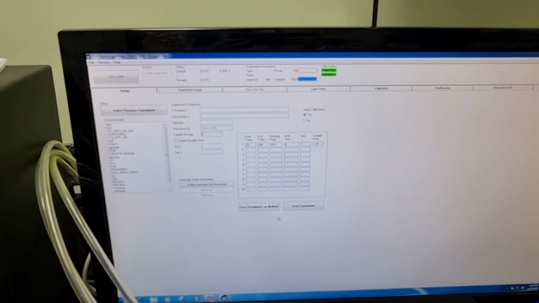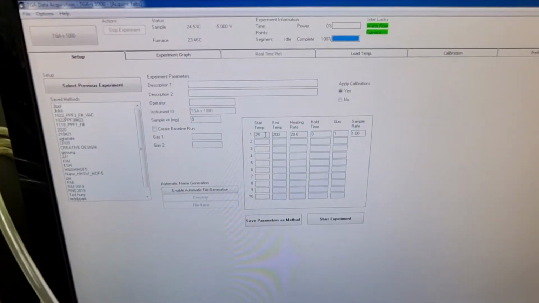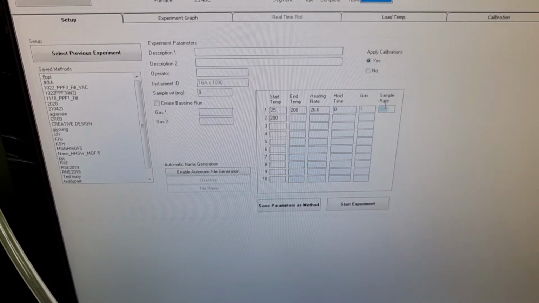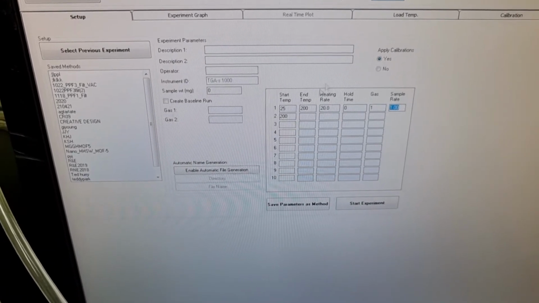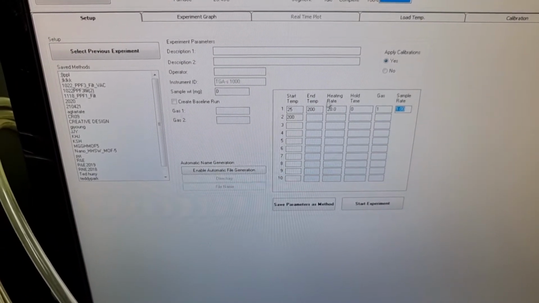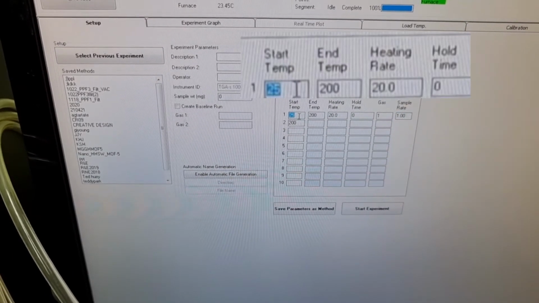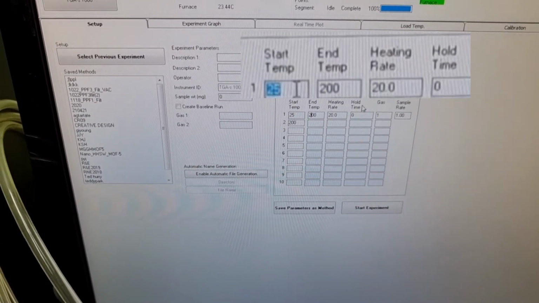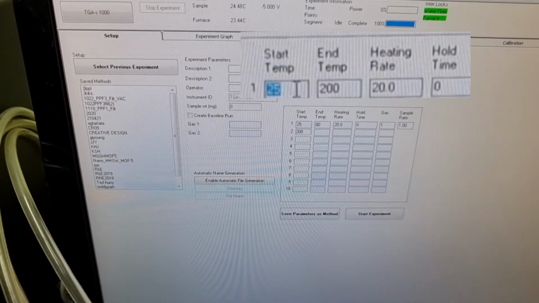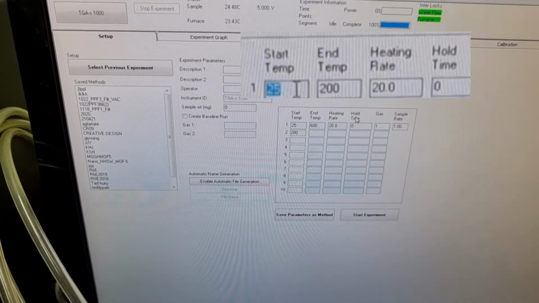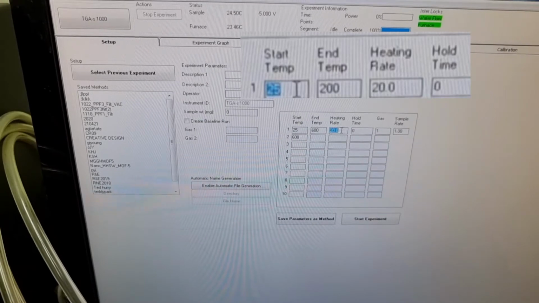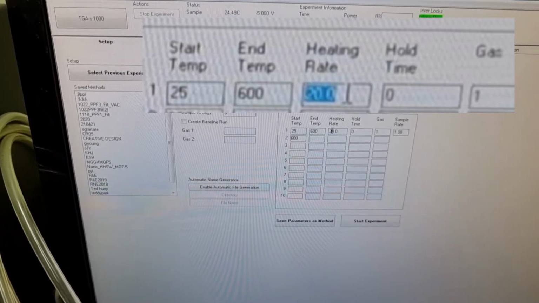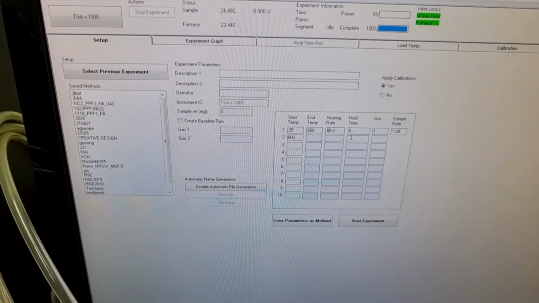And you only need to watch this part. So this is the starting temperature, this is the ending temperature, and this is the heating rate. Holding time, gas sample rate, you don't need to worry about these. Only the starting and the end, only these three parts. For the starting temperature, we usually use about 25 degrees. And for the ending temperature, I'm going to analyze a material that should be analyzed until about 600 degrees, so I'll change it to this. And the heating rate, we usually change from 10 to 20, but the lower the heating rate, the more specific it becomes, the more accurate.